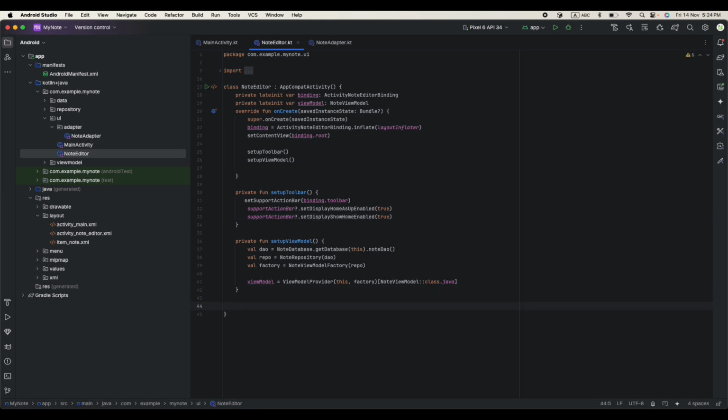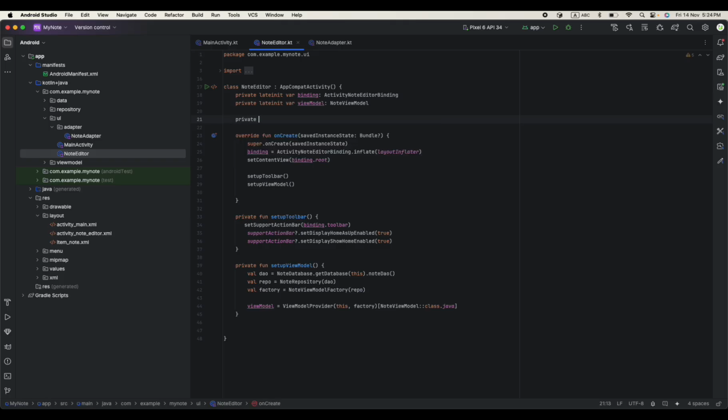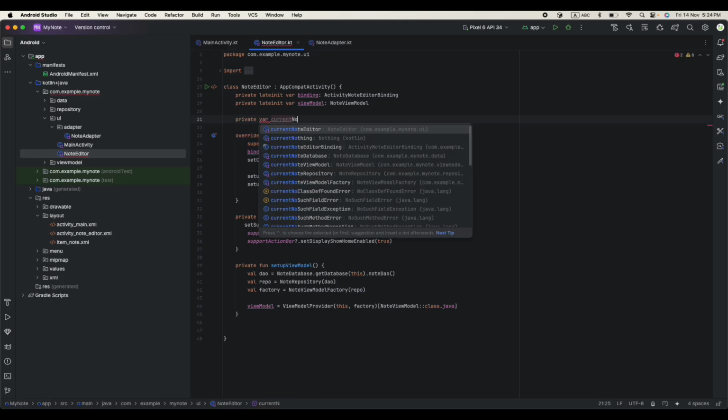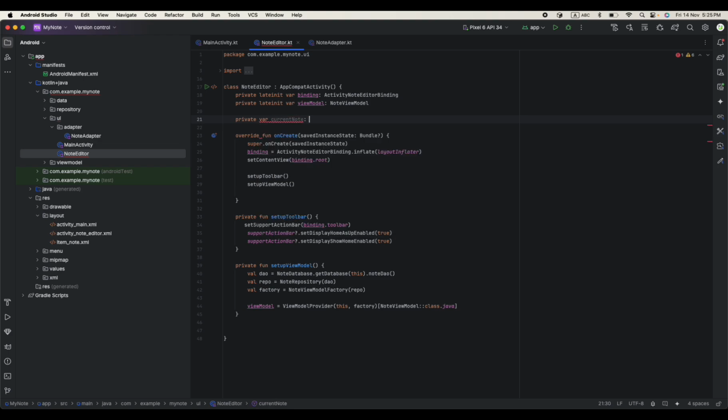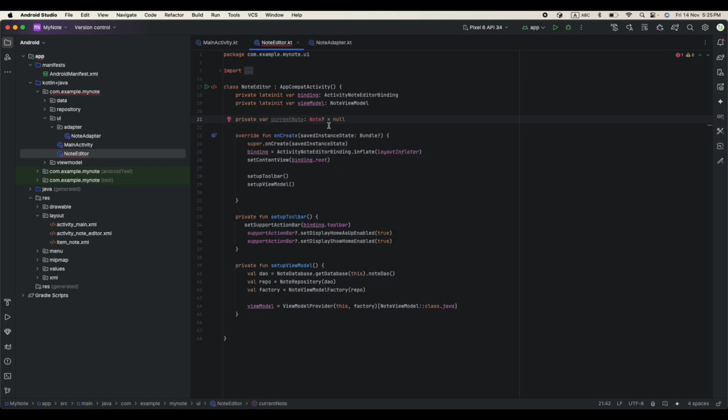Let's say we need to define one more thing here, to grab our private var, current node. What is this current node? This one is coming from our main activity. This node should be now, and this one